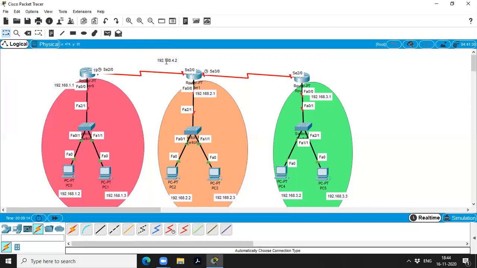These two routers again use different IP networks. Let us configure this as 5.1 and the other as 5.2, right?